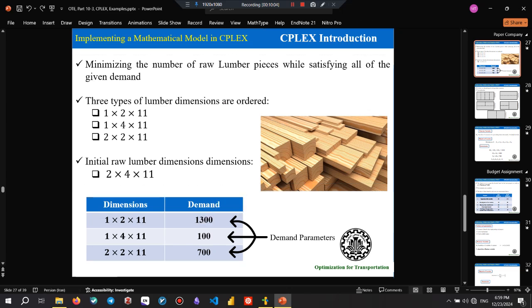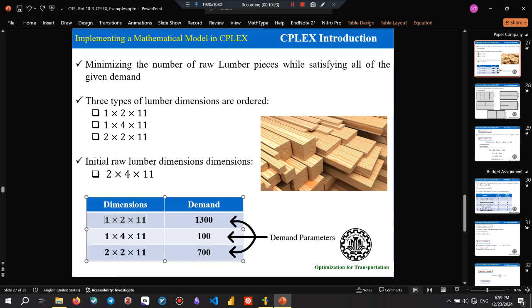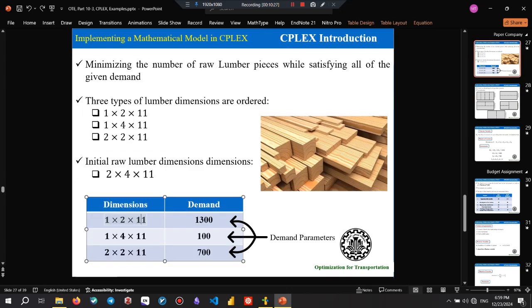Yeah, right? I want to satisfy it, so I have to look up and find all between all the scenarios which have provided this dimension, right? So this one has provided this dimension, which is what? Which is 1 into 2, right? The 11 is just the length. It's just the